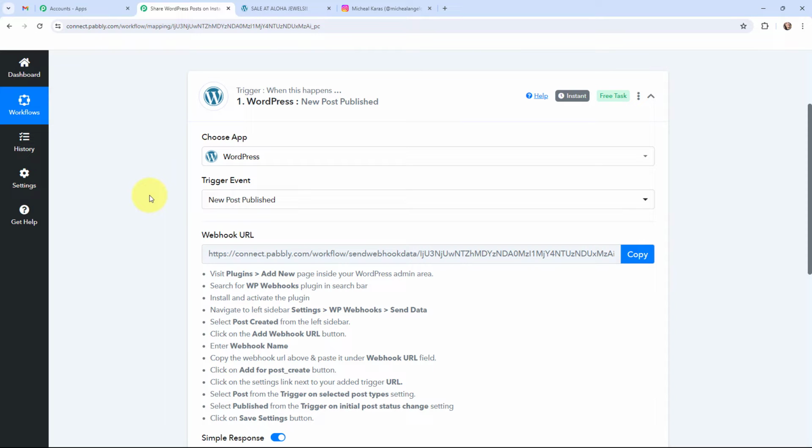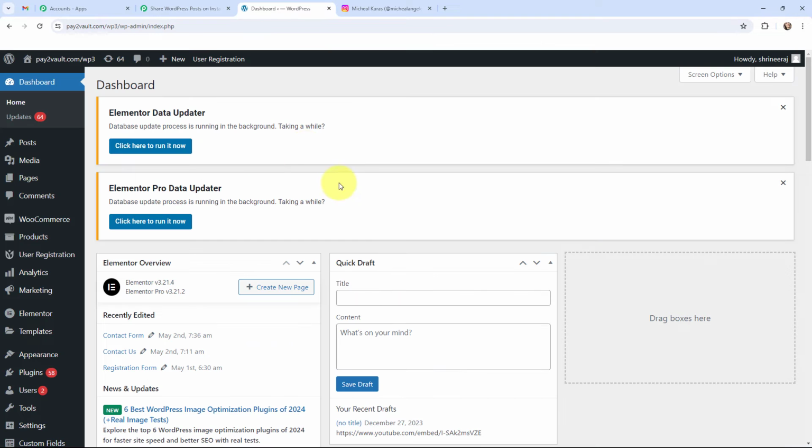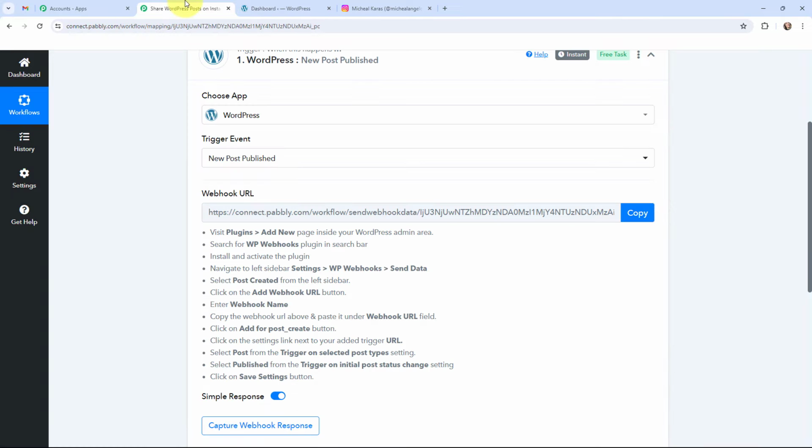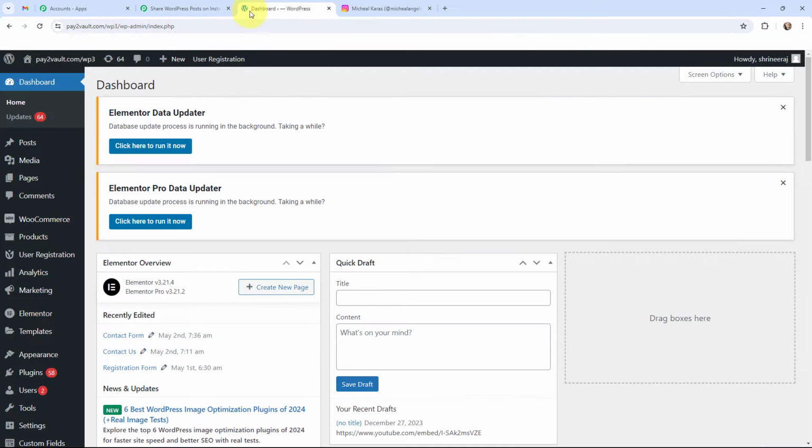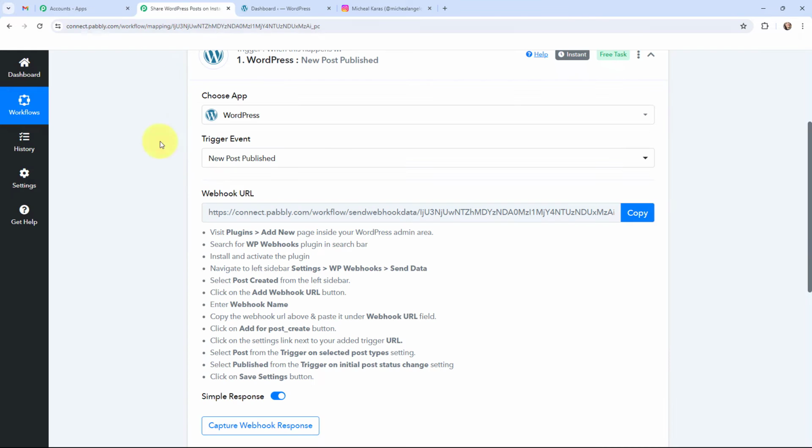So for this, I'm going to take you to my WordPress account. This here is my WordPress account. As in Pabbly Connect, it is mentioned that I need to install this plugin of WP Webhooks and I have to activate it. So over here in my WordPress account, I'm going to take you to plugins, and as I've already installed this plugin, it will be shown under installed plugins. But if you want to install, you just have to go to the add new plugin option and